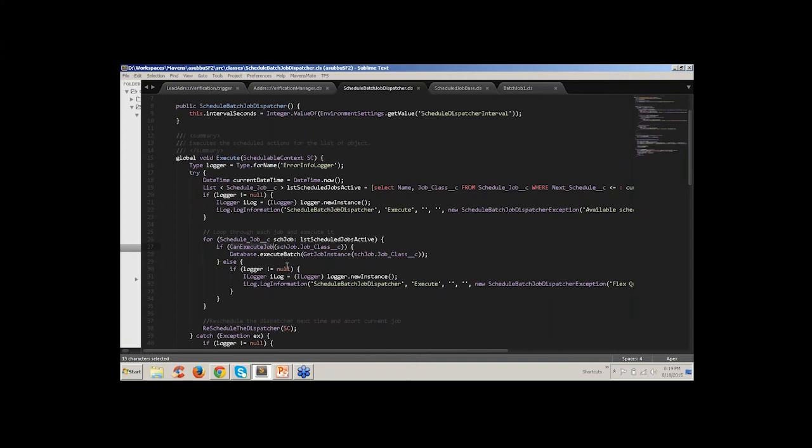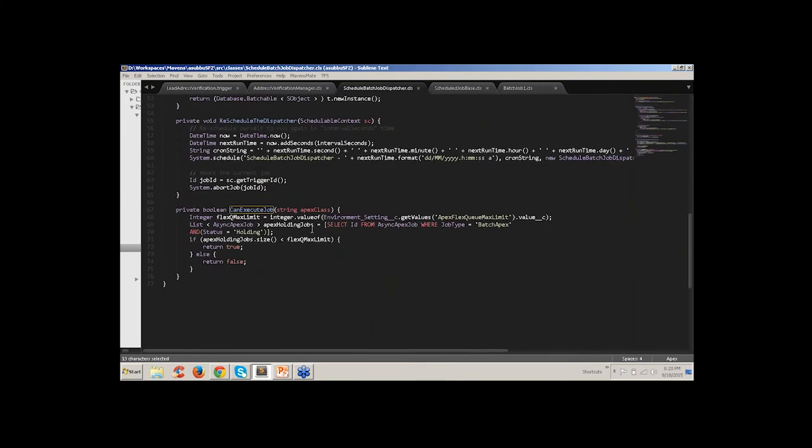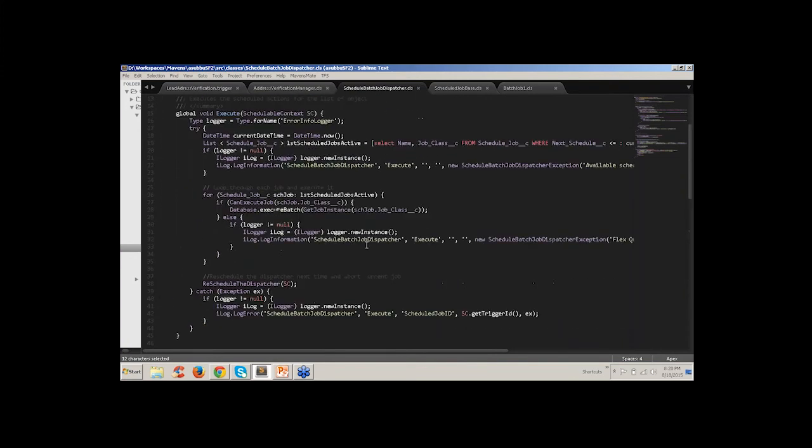Now, is the Apex flex queue full at this point, so I do not have room to submit a batch job? All those checks are done inside the can execute job. So that is what I have basically written out here. I'm basically looking at the async Apex job to see if I have room to submit my batch jobs. So if that method returns true, I will go ahead and execute that batch.